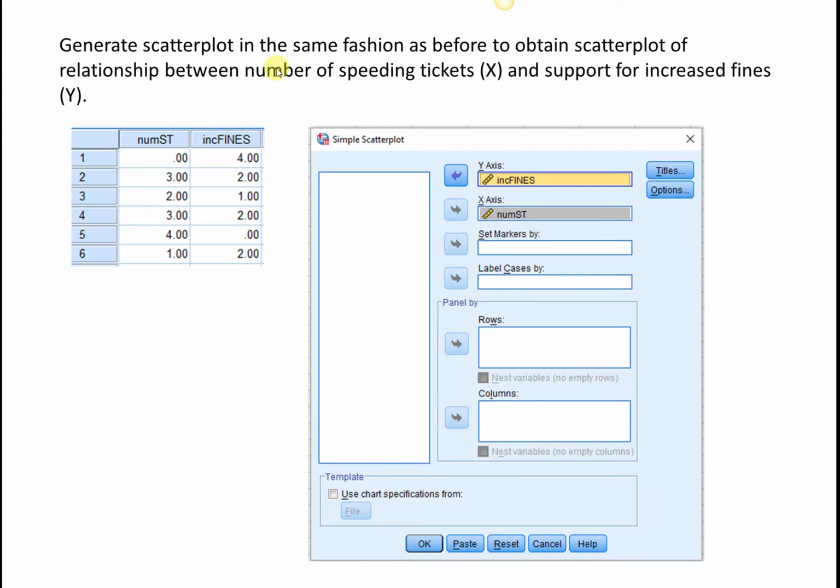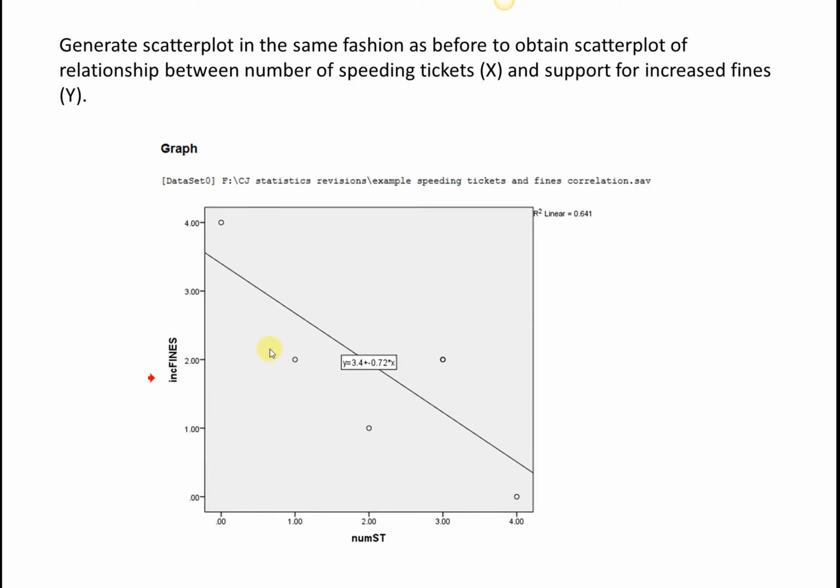Now let's look at generating a scatter plot, looking at the relationship between number of speeding tickets and support for increased fines. In this case, I'm just putting number of speeding tickets on the x-axis, increased fines on the y. I'll be perfectly honest, the X and Y designations are largely arbitrary, so there's nothing special in this particular case. This is just how I've laid it out. Number of speeding tickets is X, increased fines is Y. Clicked on OK, and so generating the trend line